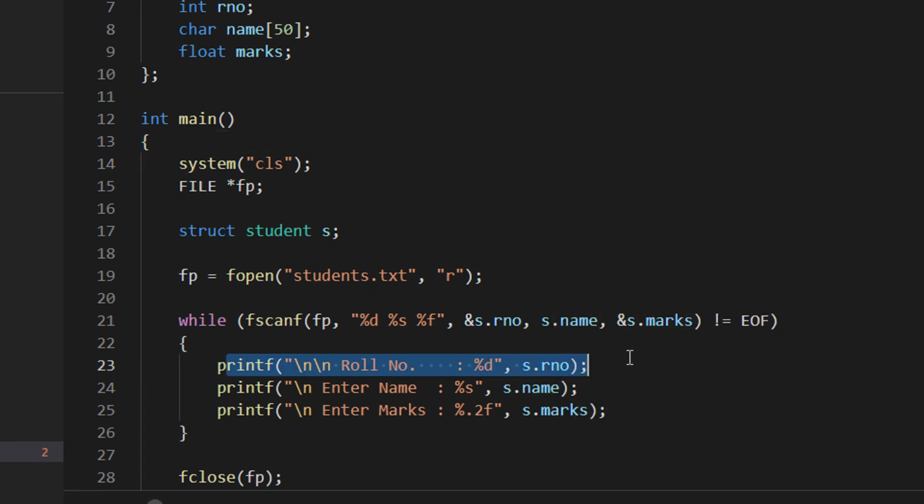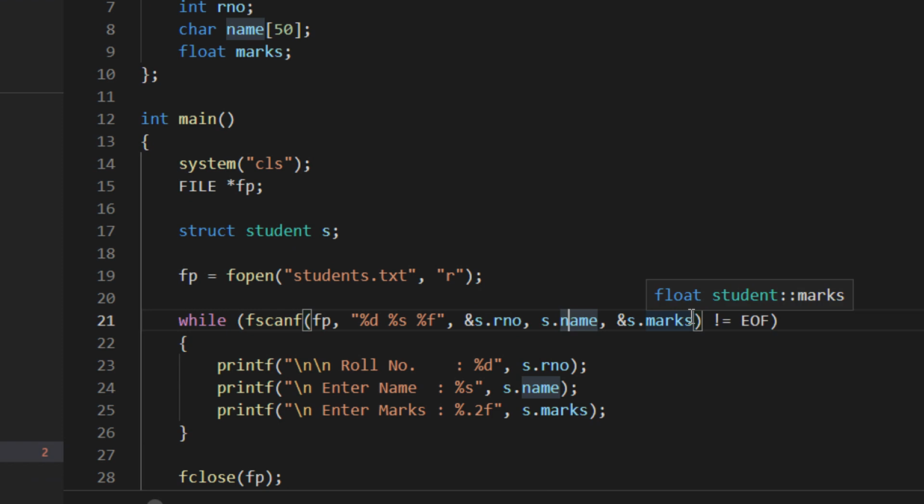We just print it on the main screen. So we read it from the file, and after reading, we display the value of roll number, name, and marks. It's a very easy concept. So either you can write using fread and fwrite, or using fprintf and fscanf. fread and fwrite work in binary mode, so you may see some gibberish characters. fprintf and fscanf work in ASCII mode.